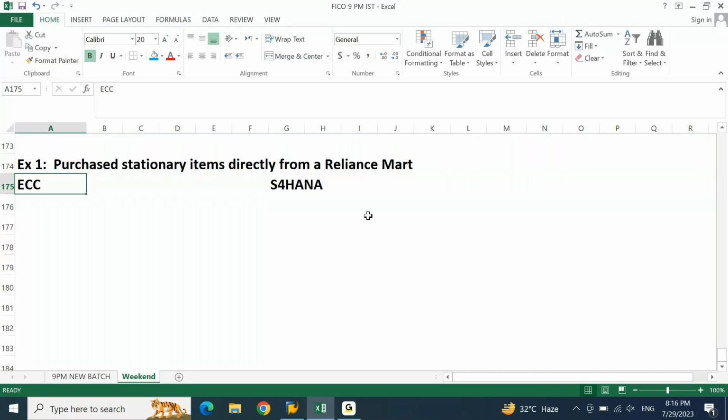When we say directly purchased from a store, we are not representing that you placed an order and somebody delivered. You sent somebody from your office to the store, they picked up the items, they came. So this is called a normal purchase or a direct purchase, where there is no involvement of your logistics or purchase order. Clear? In this case, this purchase has got nothing to do with your purchase order. When there is no involvement of purchase order,